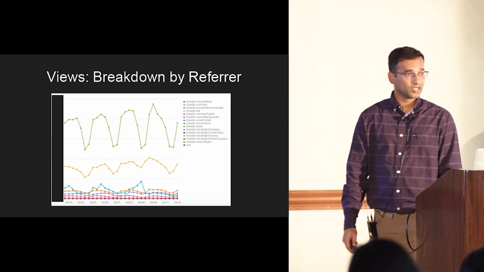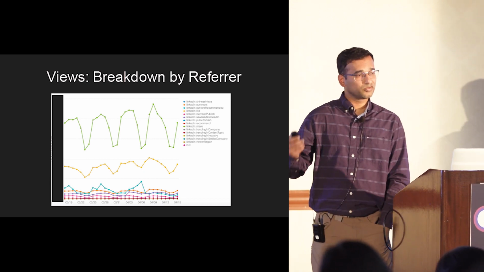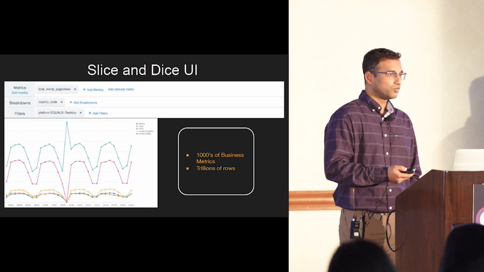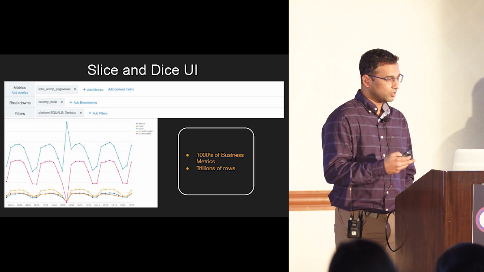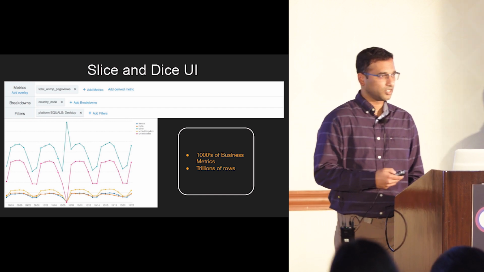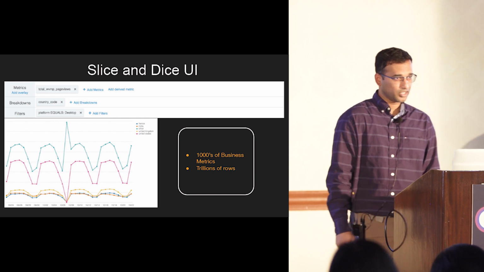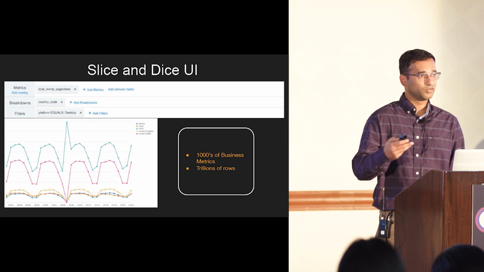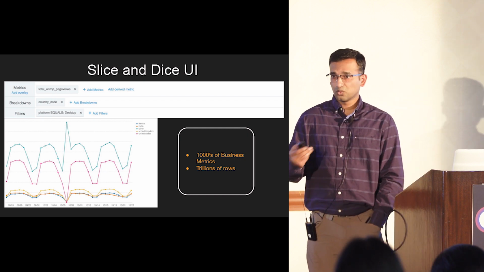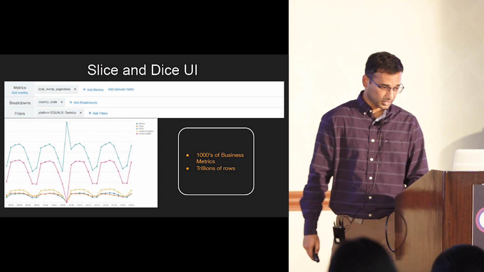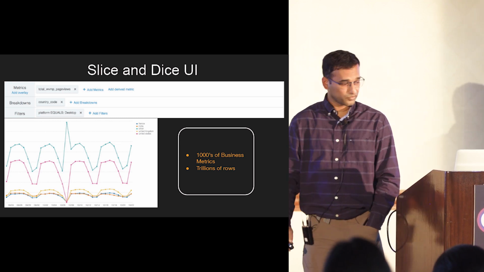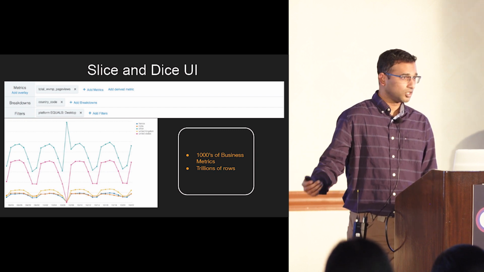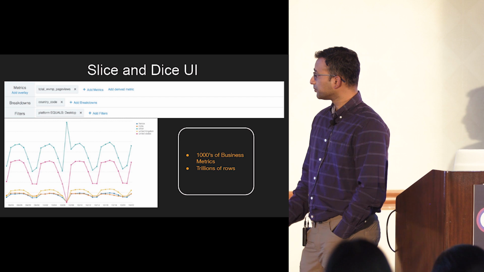Similarly, where did we get the views from? Who was the referral? So there are lots of different dimensions. I won't get into the details of that. But the key thing is we have this ability now to do the same thing for all the various metrics at LinkedIn. These are all the business metrics that internal people look at, analyze, and draw some insights from, and they even look at whether there is a problem with these metrics, where we can improve, and all things like that. There is lots and lots of data here, and you have the ability to do slicing and dicing, and then roll up and drill down.